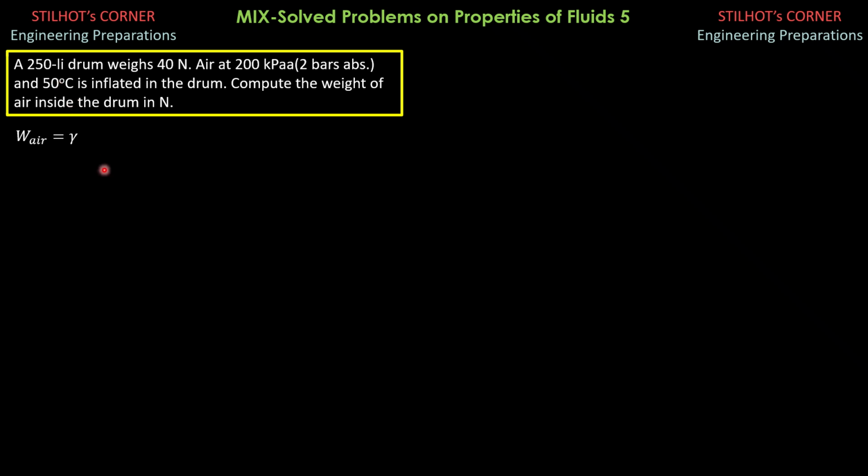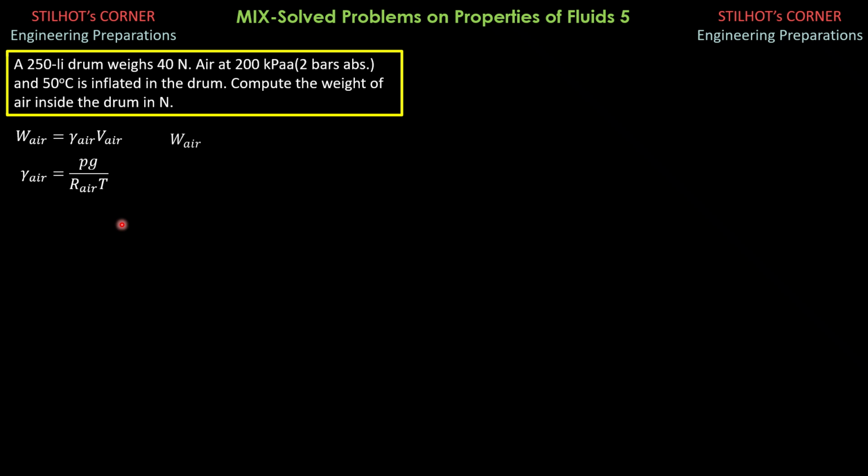The specific weight of air is equal to pressure times g divided by RT, where pressure should be absolute pressure, and we express this in pascals absolute so that the resulting unit of specific weight of air would be newtons per cubic meter. The gas constant of air, you should know, is 287 newton meter per kilogram kelvin, and the temperature should be absolute temperature: degrees Celsius plus 273.